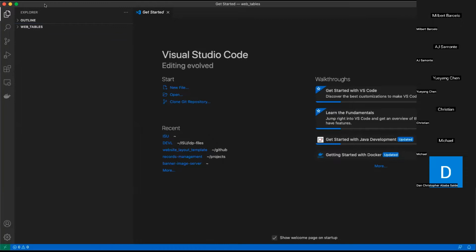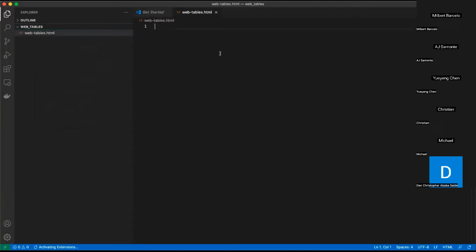So go ahead and open up your Visual Studio Code. And what you want to do is create a new directory inside of your GitHub folder. We're going to just call this Web Tables. Inside of your Web Tables example, we're going to create a new file, and we'll call this our web tables.html. And for simplicity's sake, we'll go ahead and use the